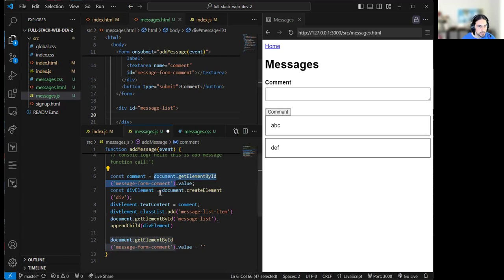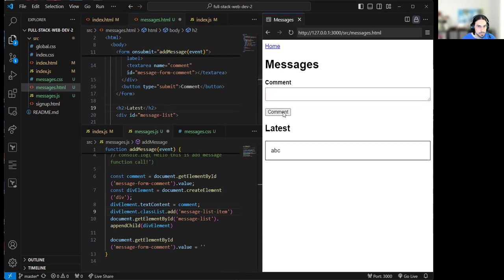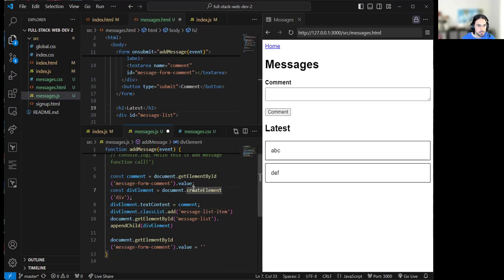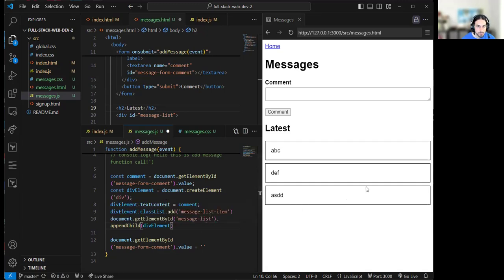Let's add some style to separate the button there too. It's kind of ugly, glued to the list. Maybe add an H2 here, latest. I think it's possible if you want to add to the top. Let's try. I wonder if there's, yeah, there might be a function you can use to add to the top instead of appending a child to the end. Anyway,